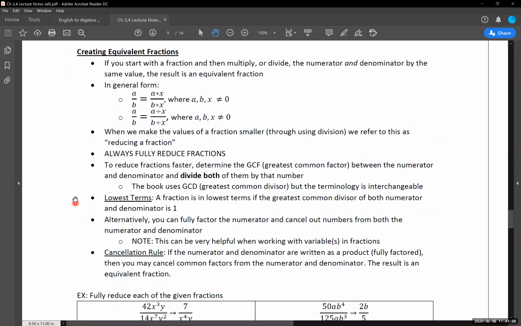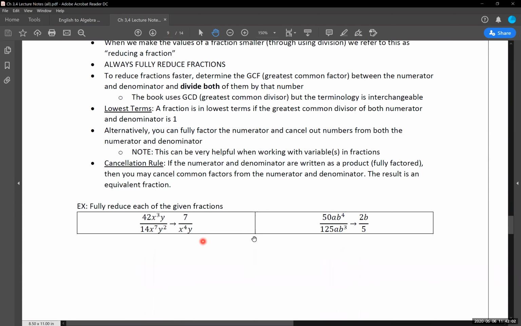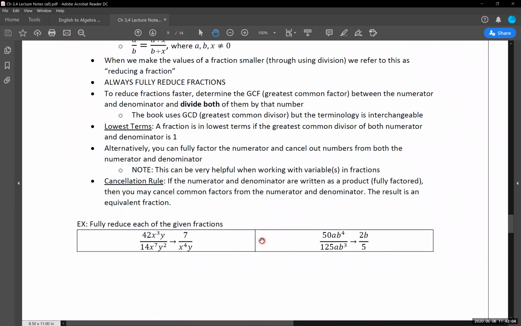So how do we know if we have something in lowest terms? Well, we have a fraction in lowest terms if the greatest common divisor, or greatest common factor, for both the numerator and the denominator is going to be 1. So if I can only divide these things by 1, again, it's not really going to reduce anything down because anything divided by 1 is just going to be itself. So I can only divide the numerator and denominator by 1, I have this fraction in lowest terms possible. And again, we're going to go through some examples of this, but that'll be for tomorrow.